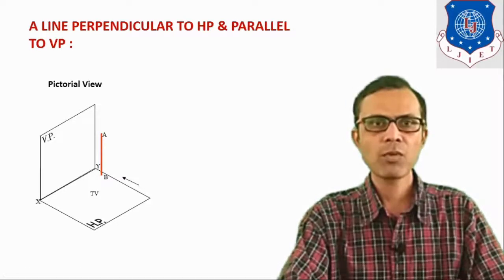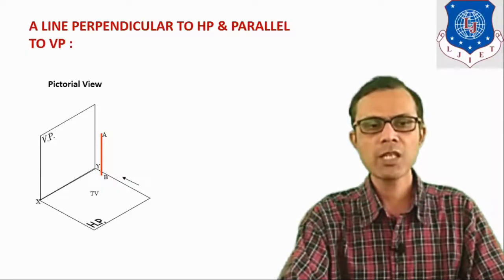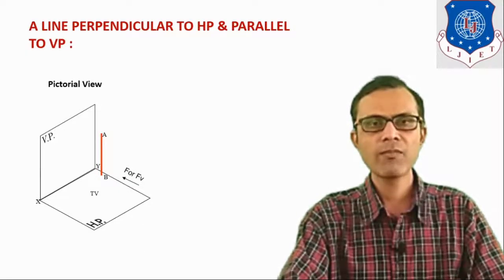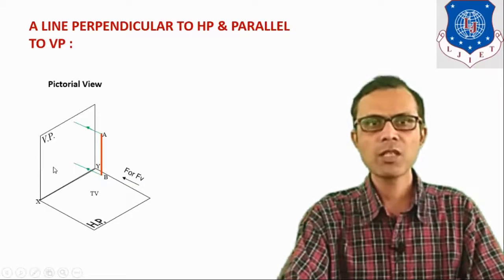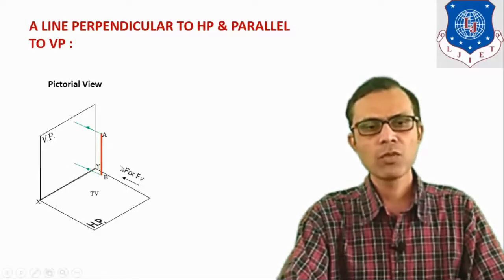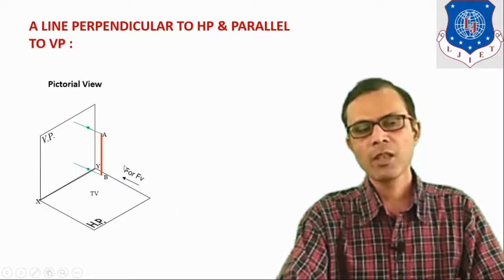And you know that projection means we have to draw front view and top view. So this direction is the direction for the front view. So when we look at this straight line from this direction, we will get its projection on VP. And the projection which is obtained on VP is known as a front view. So it is the direction for the front view, where the observer is here for front view.